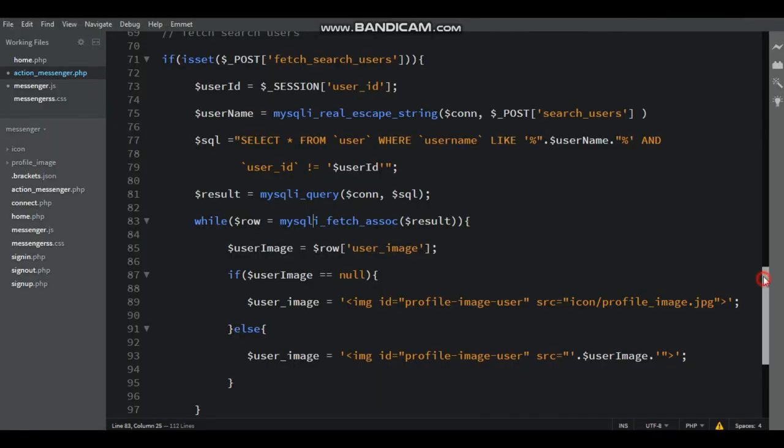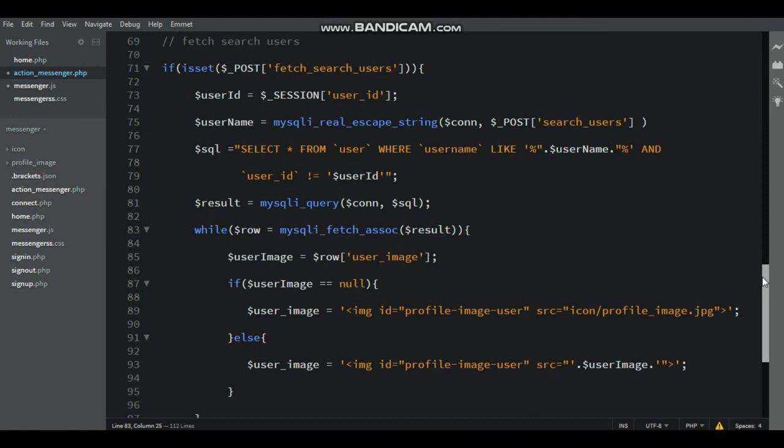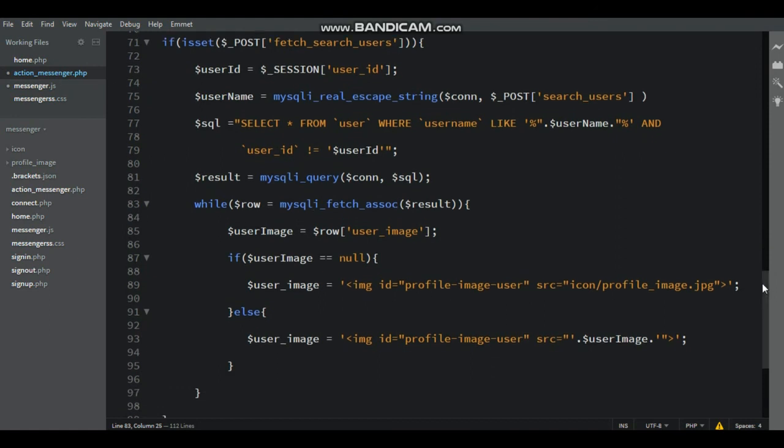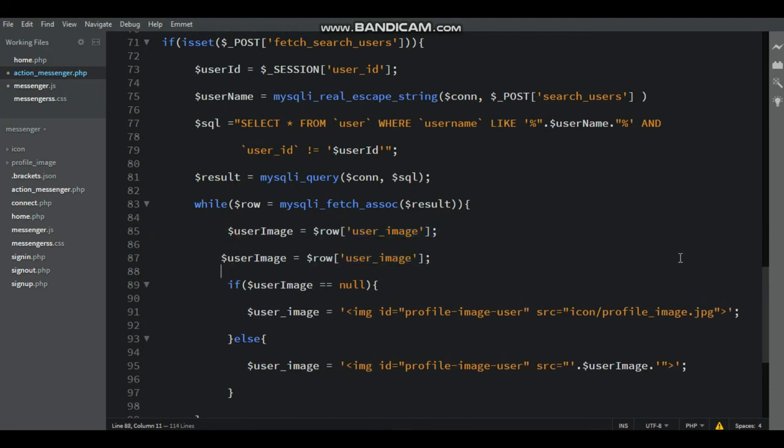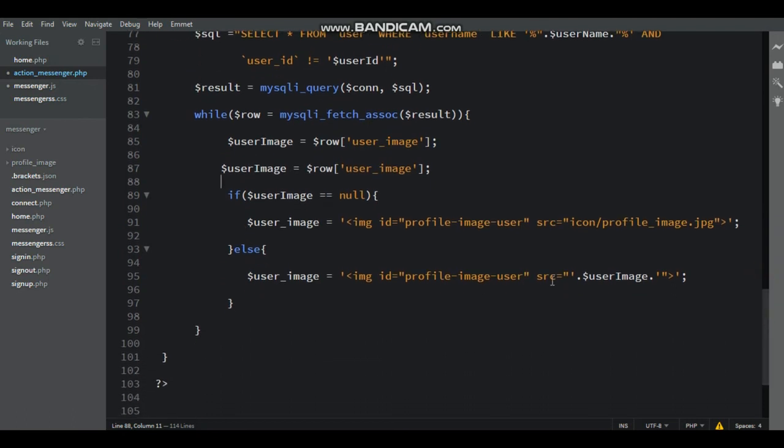And then fetch the user data from the database. Here fetch user image and also username. $user_name equal to $row username.